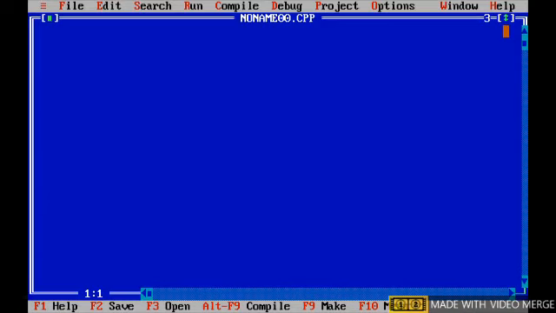Type the program, first program: #include stdio.h, void main, curly braces, printf, welcome to C programming, backslash n, semicolon, curly braces. This is the simple program.